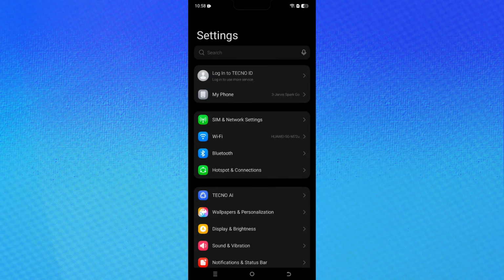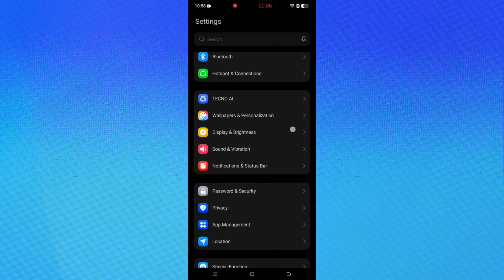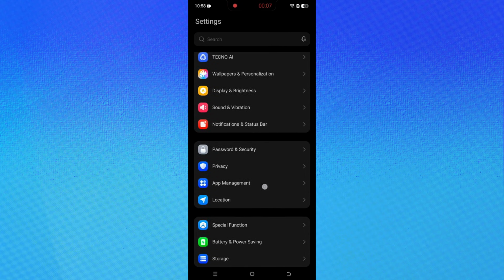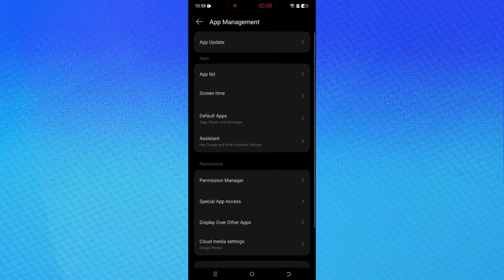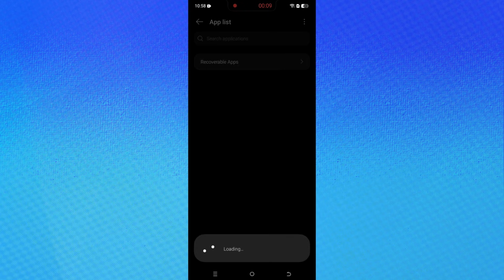In today's video, I'm going to teach you how to fix Google Play authentication required. If you're seeing this error when trying to download or update apps, don't worry, this is a pretty common Google Play issue, and in most cases, it can be fixed with a few simple troubleshooting steps. The goal here is to refresh the Play Store, reconnect your Google account properly, and make sure your device settings